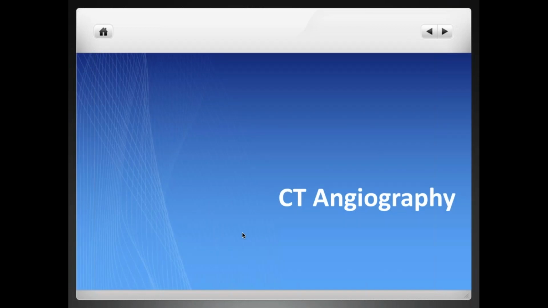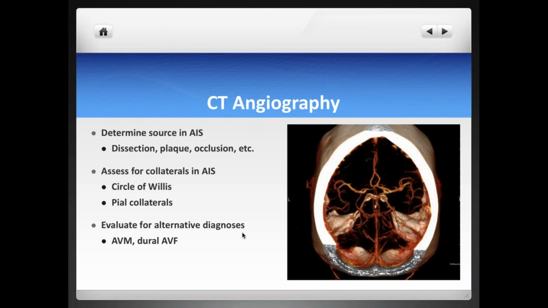So moving on from non-contrast head CT, now we're going to move on to CT angiography, which is usually the next step that we do after a non-contrast head CT. CT angiography, very importantly, is going to determine the source of an acute ischemic stroke. In other words, it's going to tell you if there's a clot and where that clot is going to be present, and that's going to help you then take the next step in management, which if it's, as I said, a large vessel occlusion, the patient's going to probably go to thrombectomy.